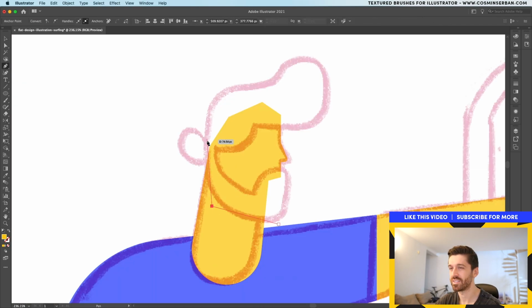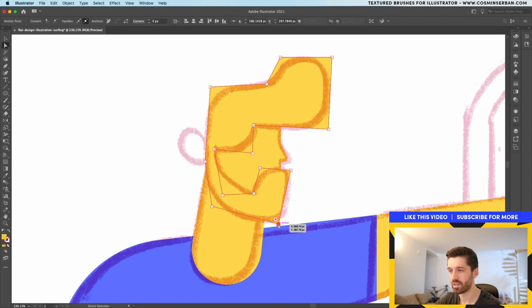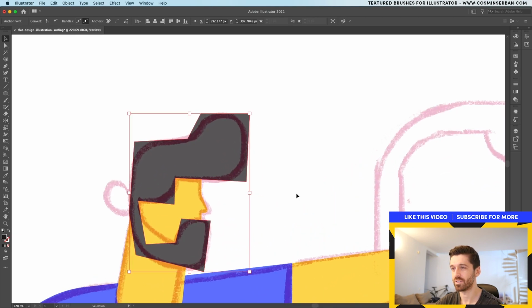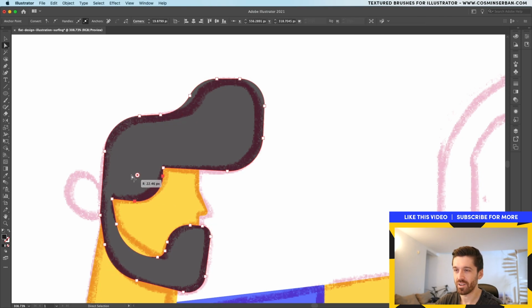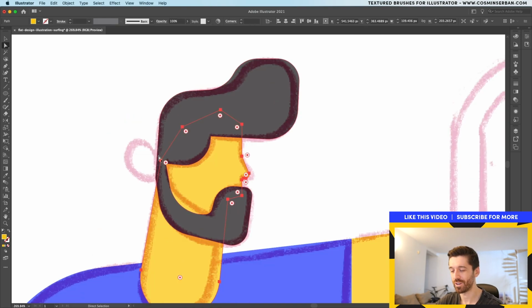This is a great exercise if you want to try to get more familiar with how to actually round things off using the direct selection tool because it's such an amazing tool. You can get really cool curves in your illustration instead of relying only on the pen tool. Let's sample the black just because I want it to stand out. Now is the fun part. Switch to the direct selection tool and start rounding these shapes off. This is the final one. And now we can move over to the ear.